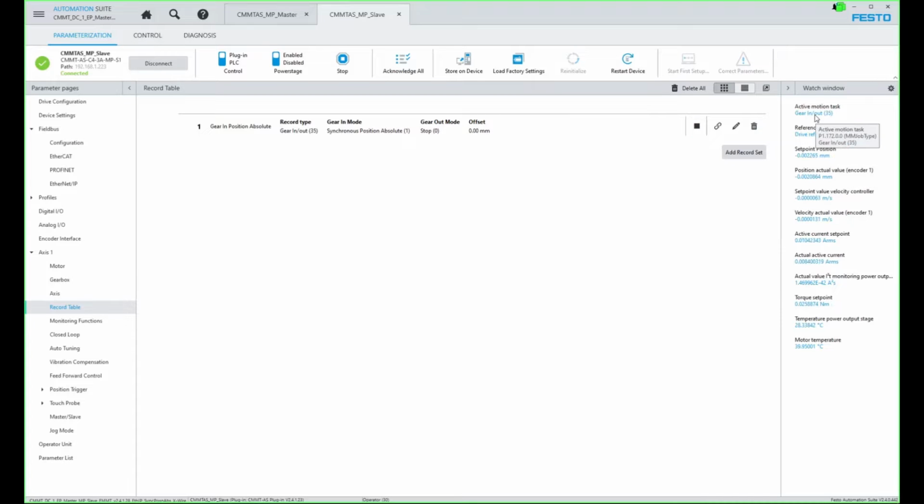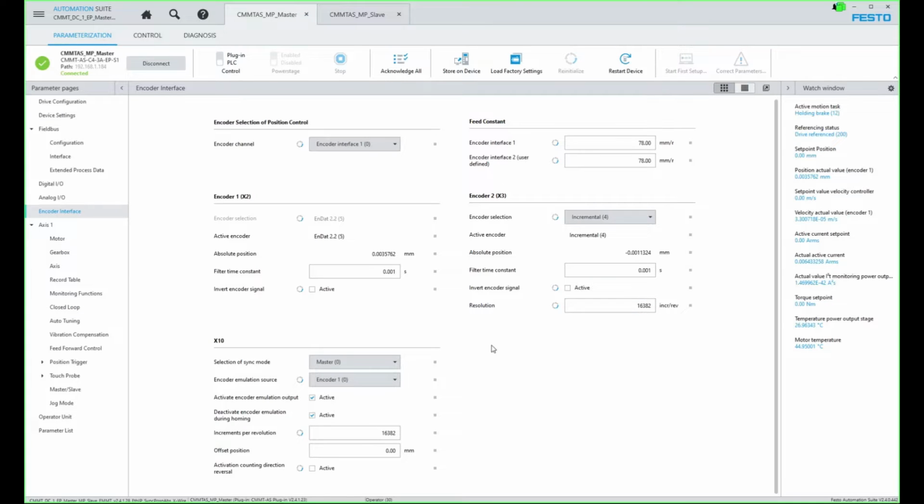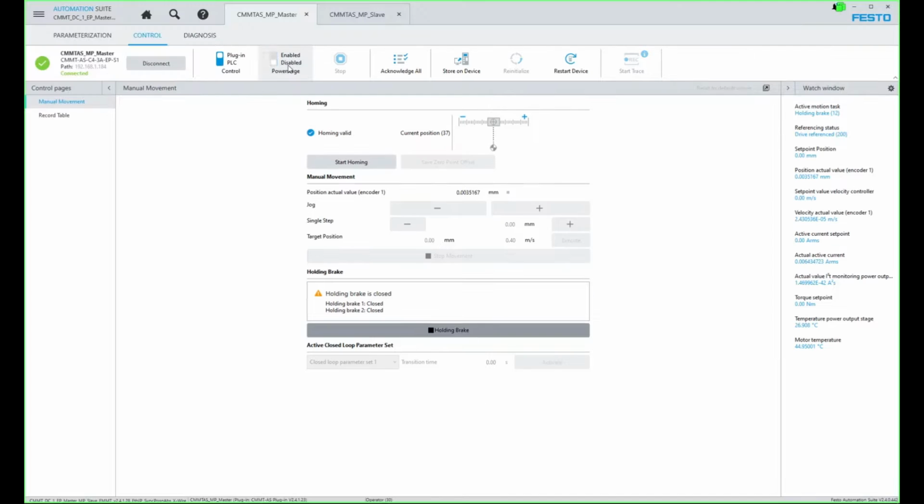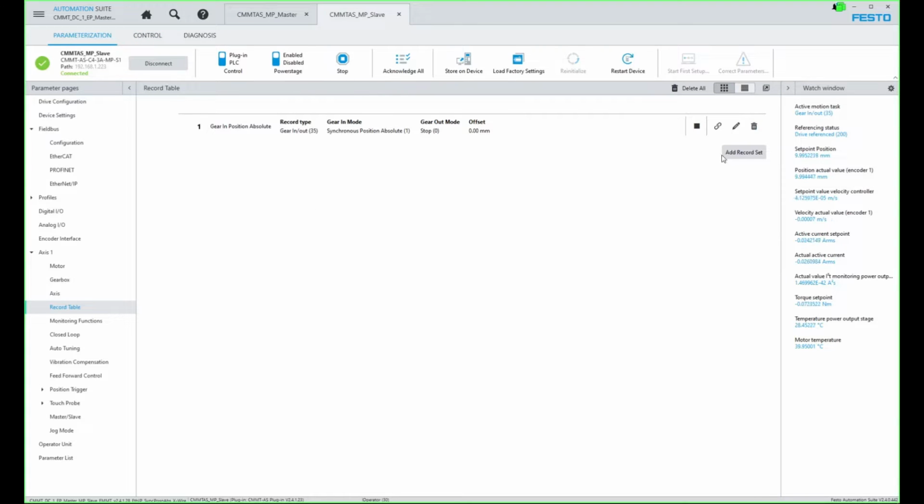We're now geared in, and now basically wherever I tell the axis to go, it goes to 10 millimeters, and the slave's at 10 millimeters, and that's because the slave is following